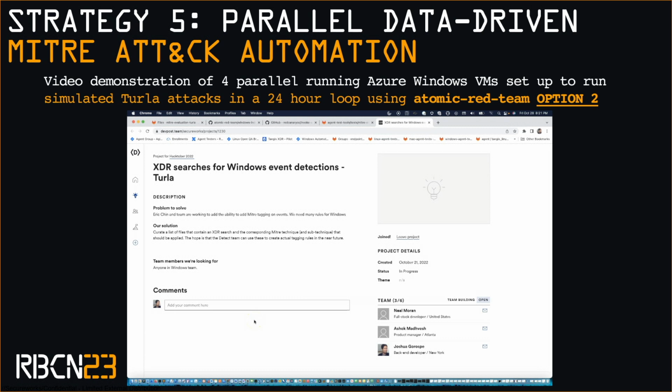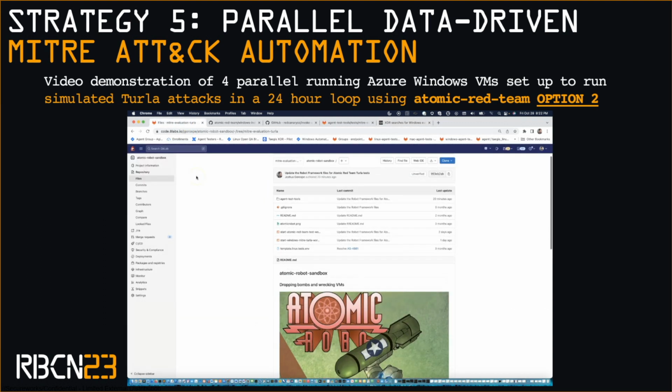Hello, this is Joshua Garospi, and I will be walking you through the MITRE automation that was created for this specific hackathon project for XDR searches for Windows event detections. This is intended to help us test end-to-end the Turla alerts from the XDR side. So by now you would have seen the slides that Neil and Ashok have shown about the alerts work that they split amongst themselves. So I will be walking you through the automation contribution that I have done for this